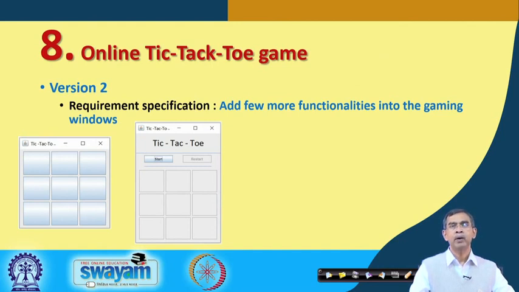If a player wants to start his game, the start button should be there. Restart means, suppose you want to abandon the game midway, then you can use the restart button. Once start is there, after start, restart will be executable. If it is stop, there is no restart button. So these will be enabled or disabled depending on the first button that you have selected.